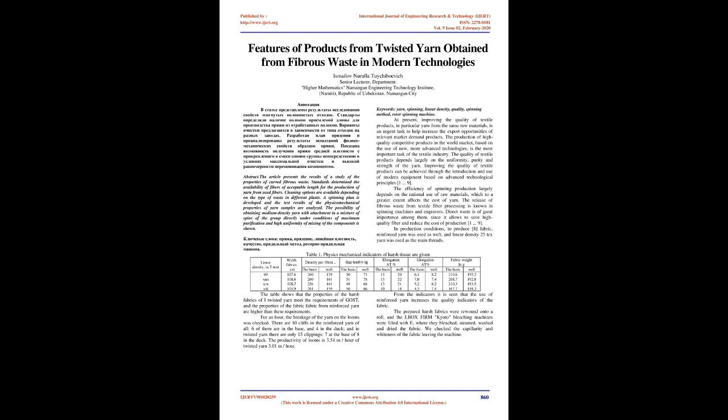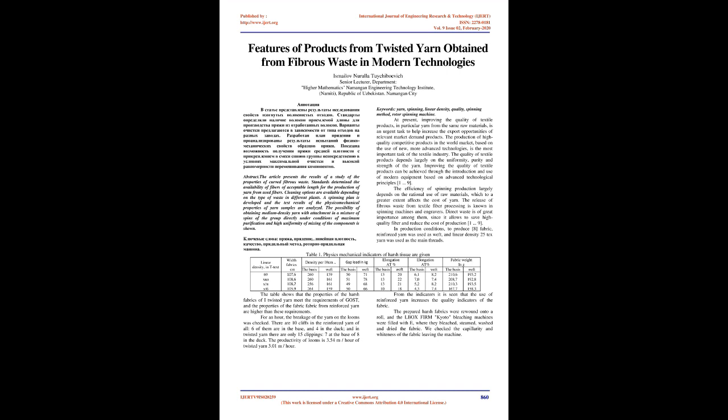Improving the quality of textile products can be achieved through the introduction and use of modern equipment based on advanced technological principles. The efficiency of spinning production largely depends on the rational use of raw materials, which to a greater extent affects the cost of yarn. The release of fibrous waste from textile fiber processing is known in spinning machines and engravers. Direct waste is of great importance among them, since it allows to save high-quality fiber and reduce the cost of